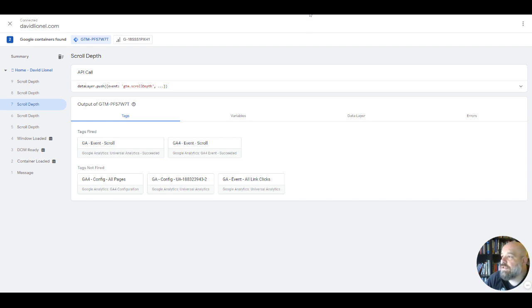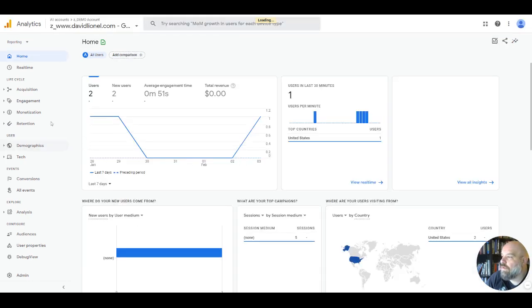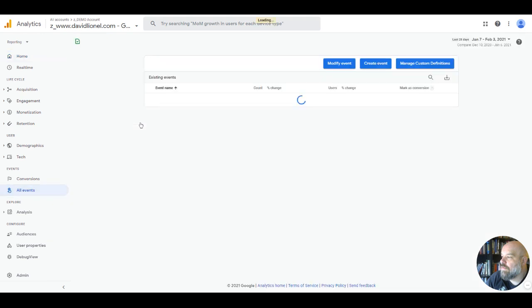Let's go take a look at GA4. All right. And there are some scrolls. Now let's confirm that that is not